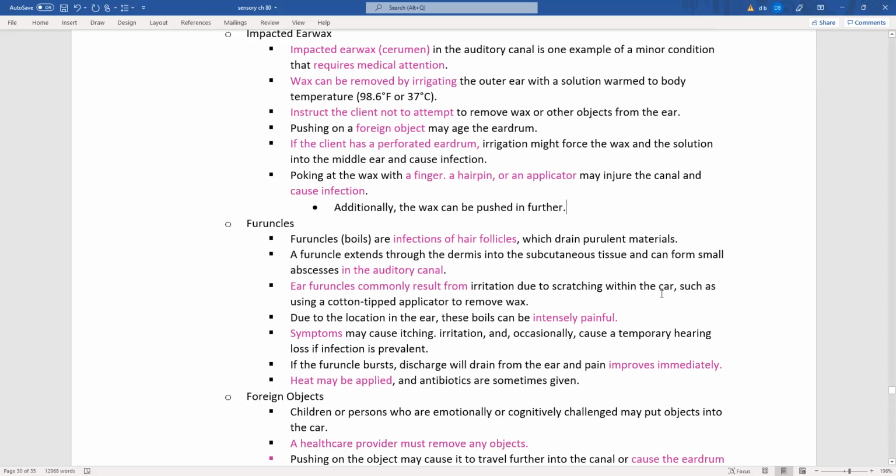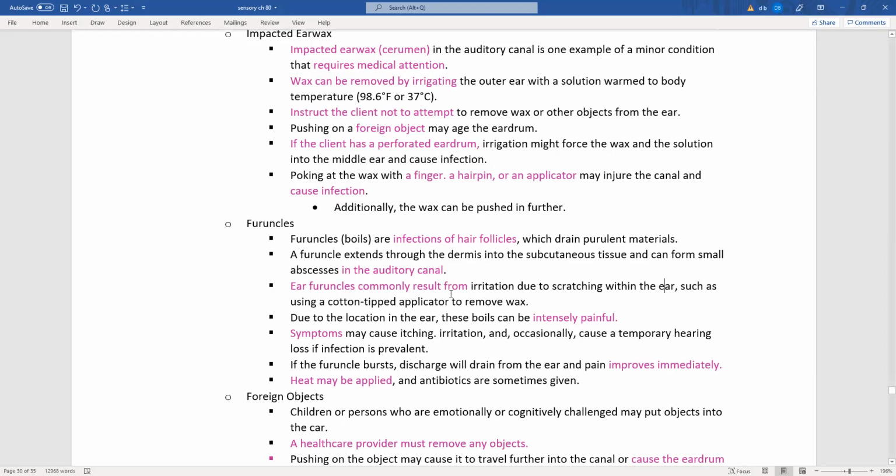Within the ear? Oh, shit. Ear fungus commonly resulting from those juicy scratching within the ear. Damn,